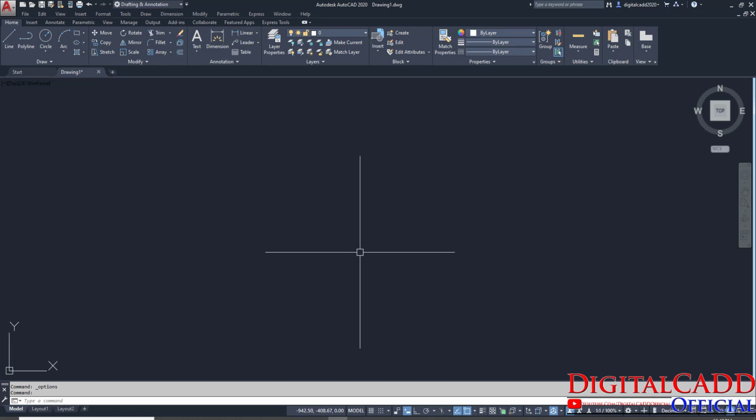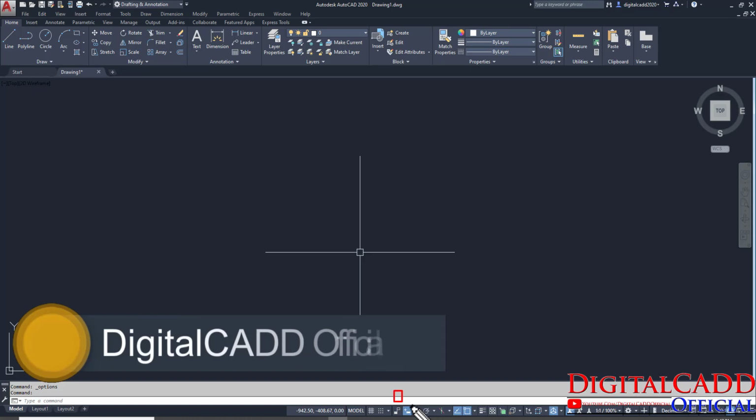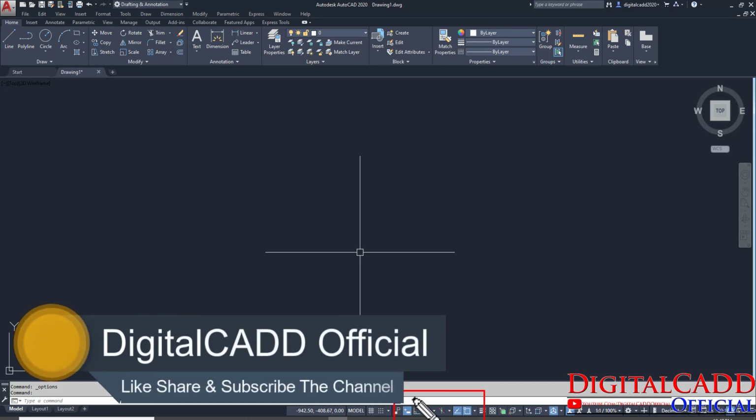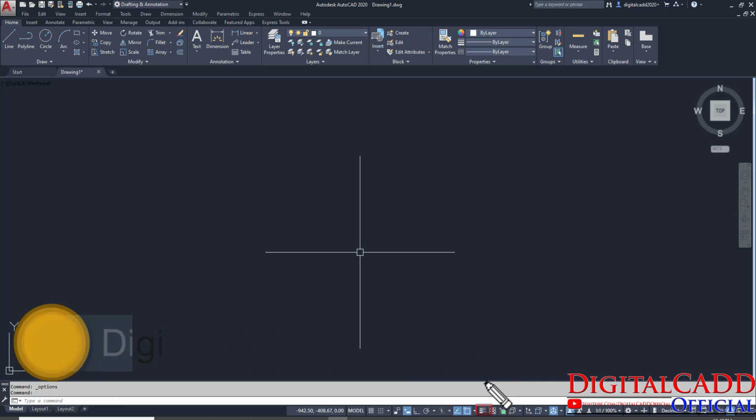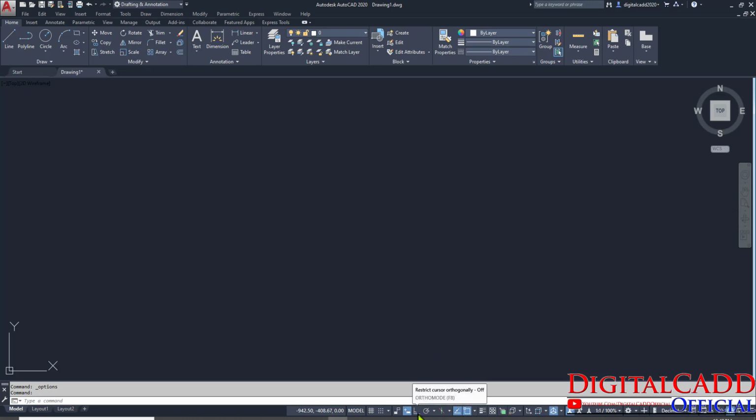Okay, and we always ensure that these 4 buttons must be on whenever we are working in 2D as well as in 3D. That is object snap mode, object snap tracking, ortho mode, and dynamic input mode. These 4 buttons are highly recommended for 2D drawings. Okay, just make it on.